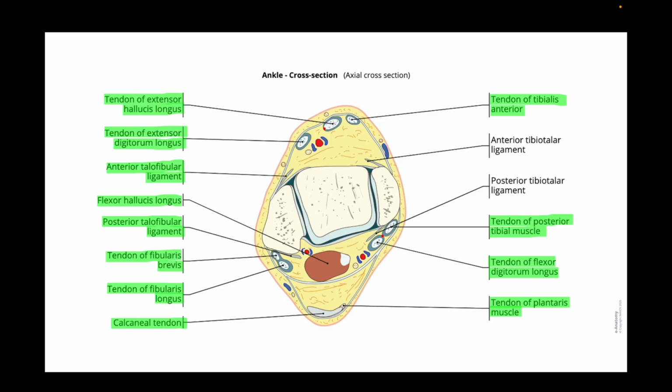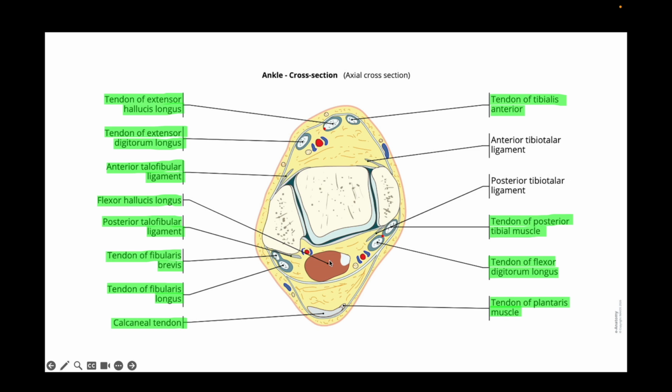So this is at the level of the ankle. Sorry, this is medial, this is lateral. So medially anterior, in the anterior ankle, you've got your tibialis anterior, you've got your extensor hallucis longus and extensor digitorum longus. So this is the Tom Hates Dick tendons, and I'll just show you a cross section of this and point to one. In the posterior medial ankle, you've got your tibialis posterior, flexor digitorum longus, and flexor hallucis longus, which